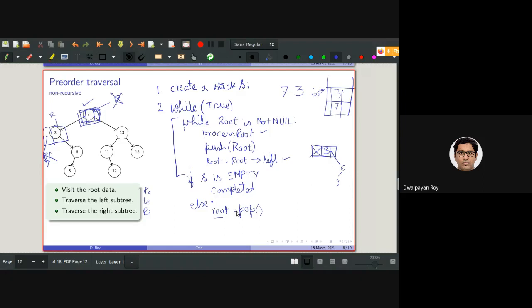If I take the return value of pop inside root, the root will be this. After applying this pop we are returning this value, and I am writing root equals to pop.